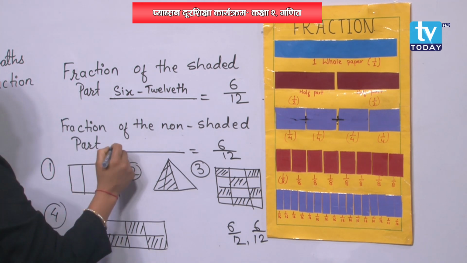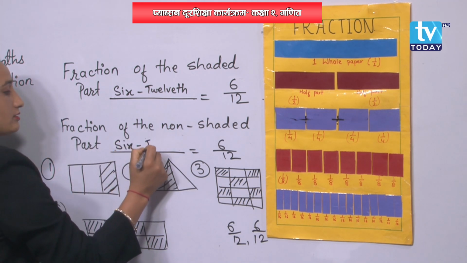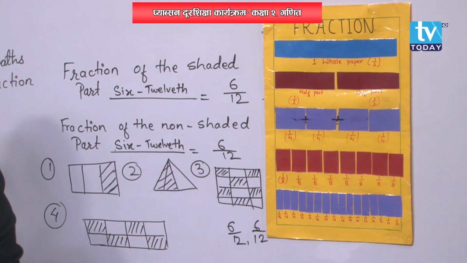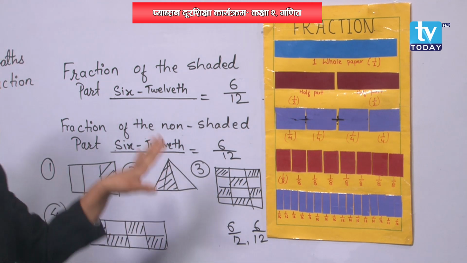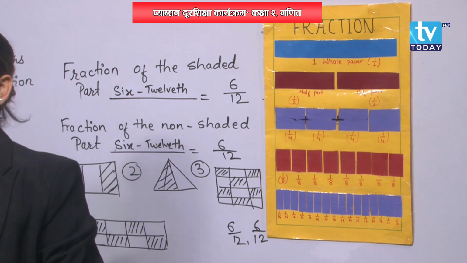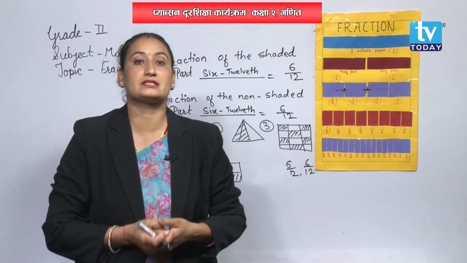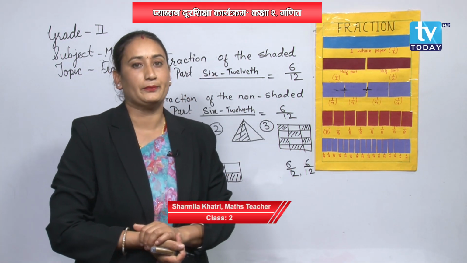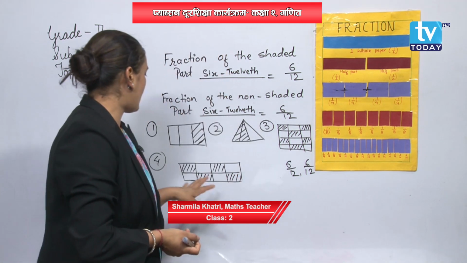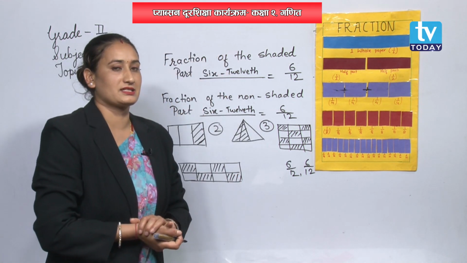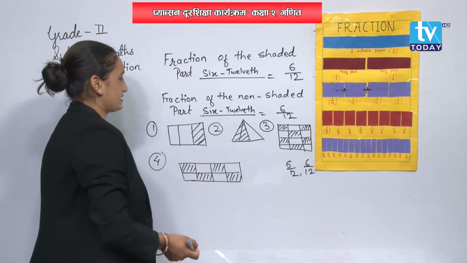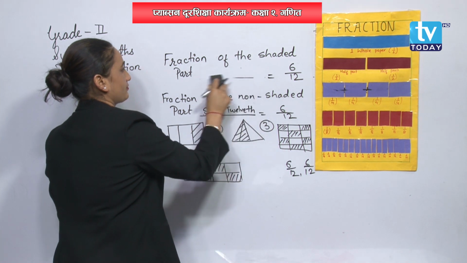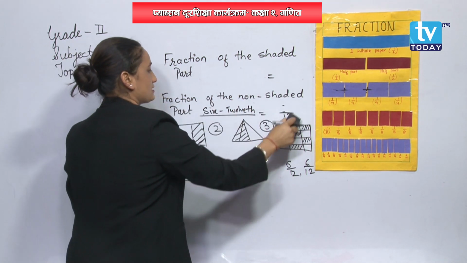Okay, now next is the second, also the same thing. 6 parts are shaded out of 12 and also 6 parts are not shaded out of 12. They are equal. So same like this one. I have the last question but not the least, okay? This is the last question. See here. Let's do the same way over here.